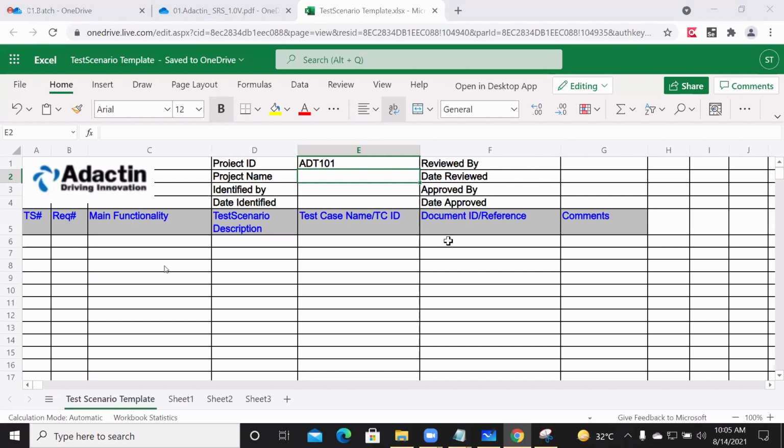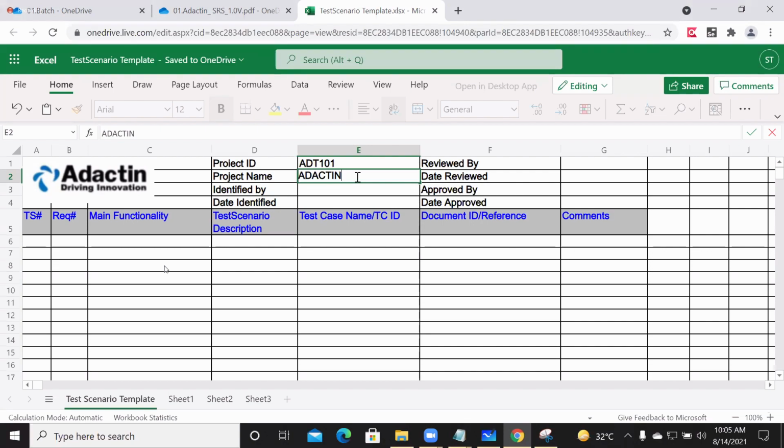Next, project name. Everyone provide the project name as Adactin, in capital letters.